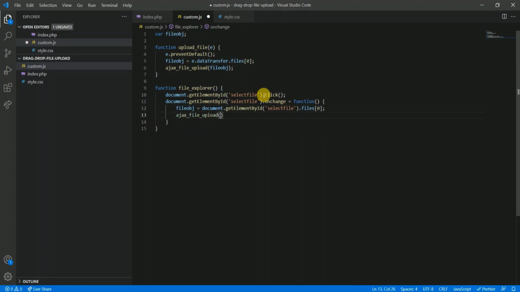And it will again call the method Ajax file upload and pass the content of the file to that method. Next, let's define that Ajax file upload method.